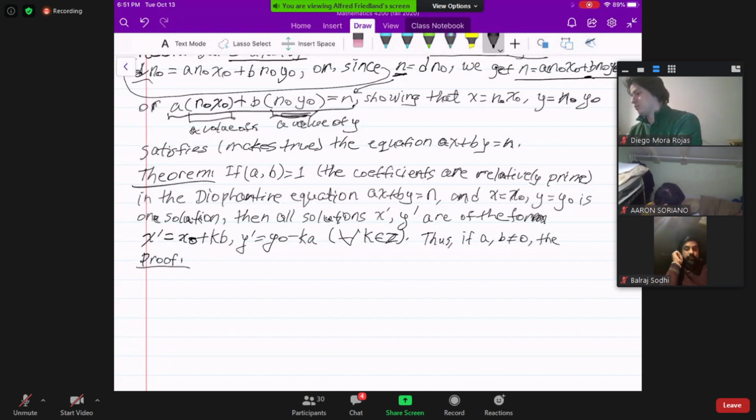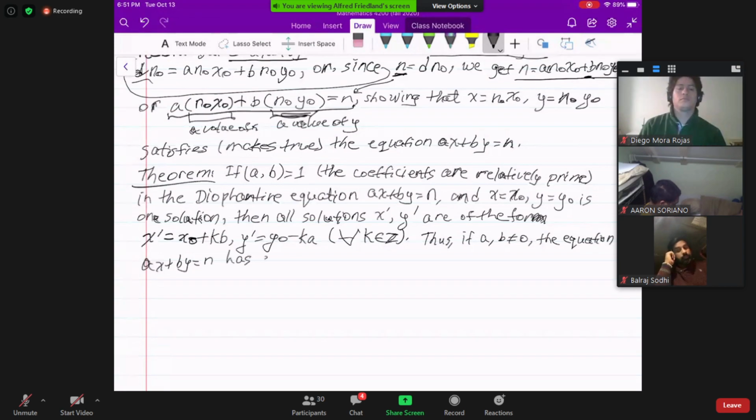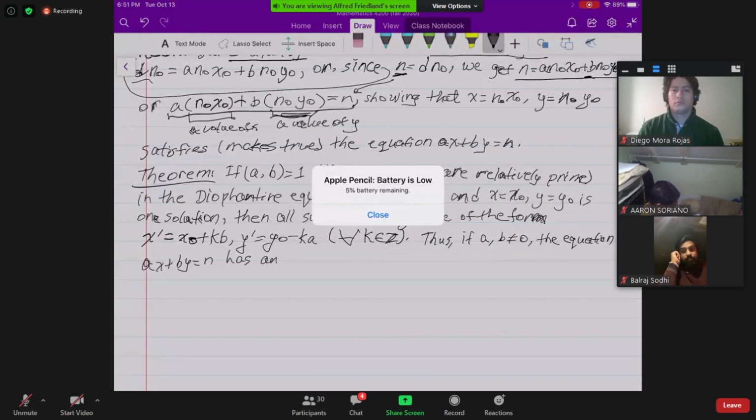the equation, the Diophantine equation ax plus by equals n has